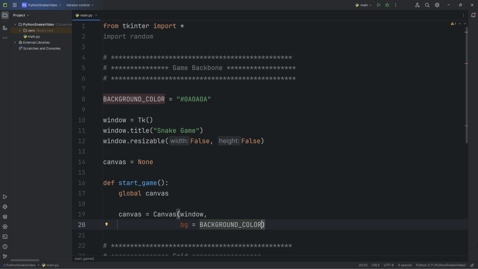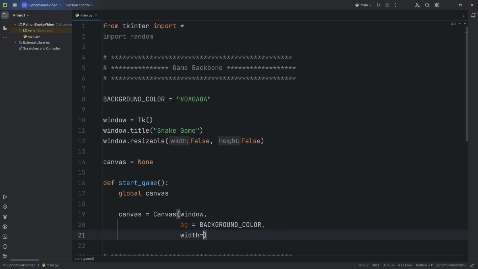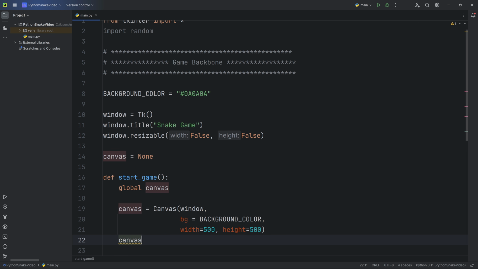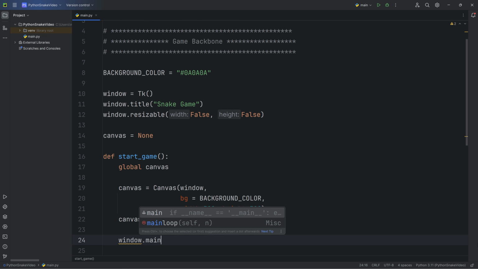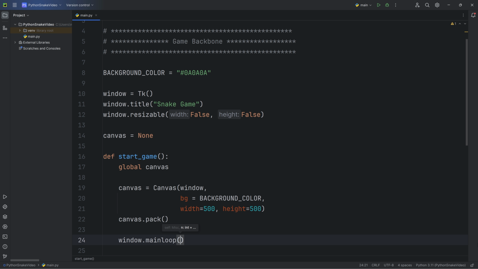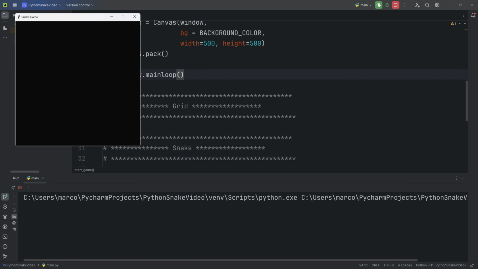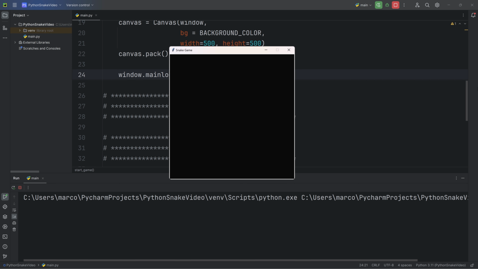And for now, give the window a fixed size. Width 500, height 500. canvas.pack to place the canvas, and window.mainloop to start the interface. Now run the program. And as you can see, we have an empty interface.